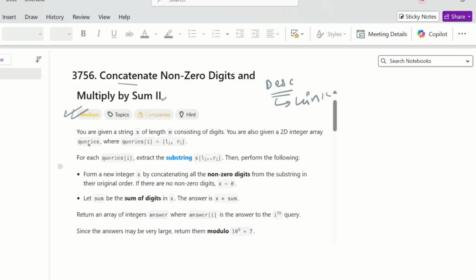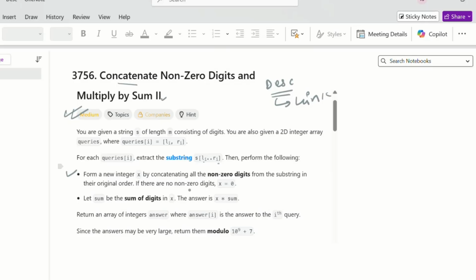So what is given in the description? You are given a string s of length n consisting of digits. We are also given a 2D integer array queries where queries[i] equals [li, ri]. For each query i, extract the substring of s from index li to index ri, then perform the following action. Form a new integer x by concatenating all the non-zero digits from the substring in their original order.